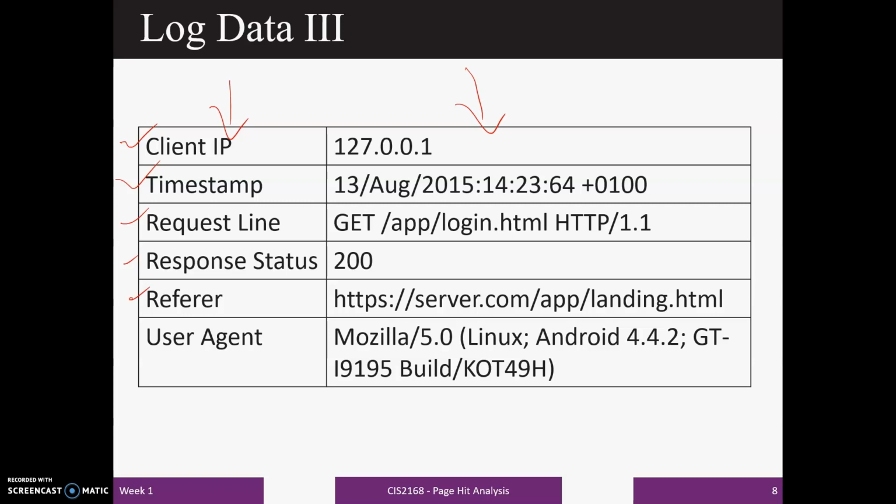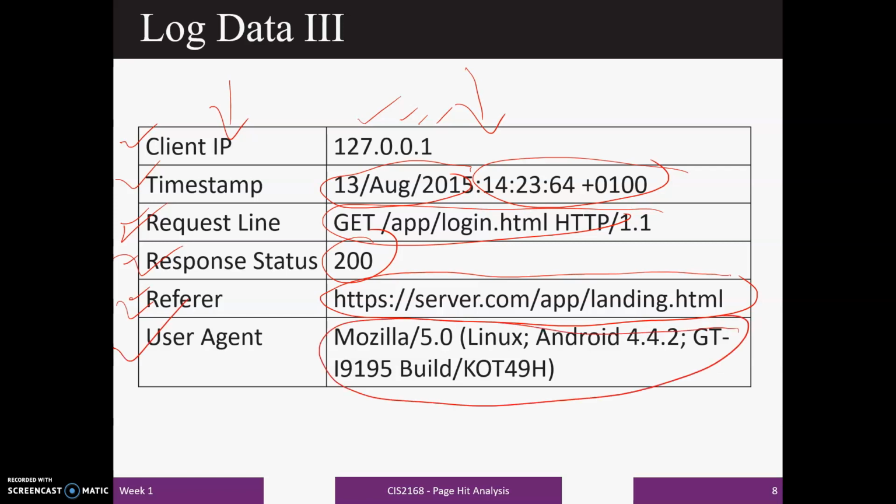So client IP is like 127.0.0.1. Timestamp is the date and time when the request is coming, and this is the client request line. This is the response status, some code given to figure out whether the request is closed or open. Referrer is the information of the client URL.